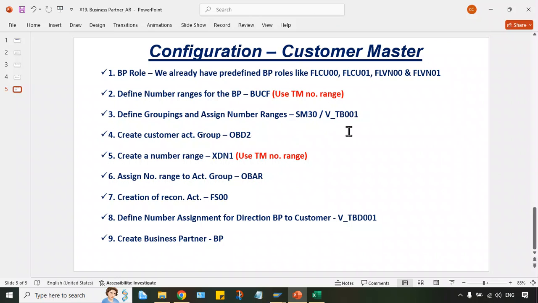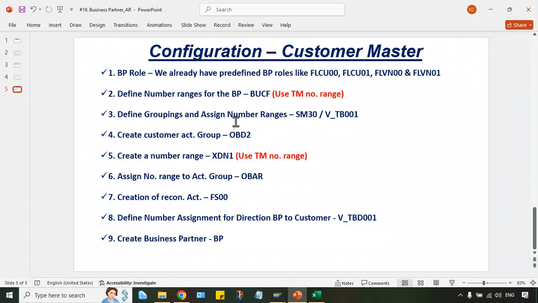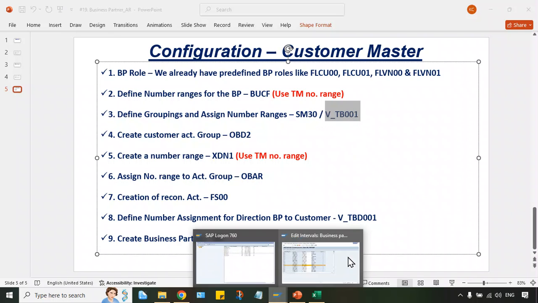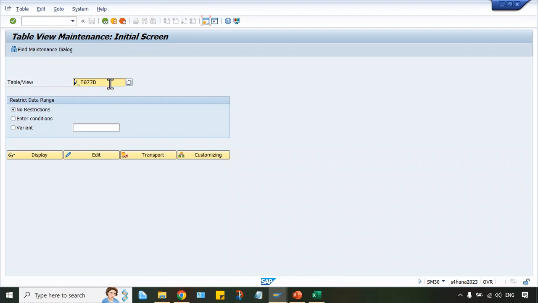So BUCF, no need to do any configurations. TM number range I have already defined. You can use this TM number range. Okay. Now, define grouping and assign the number range. So SM30, and then you can copy this code. And this is already done.